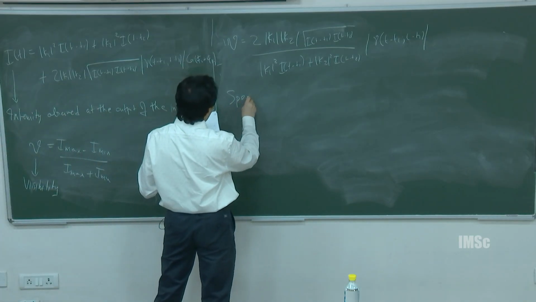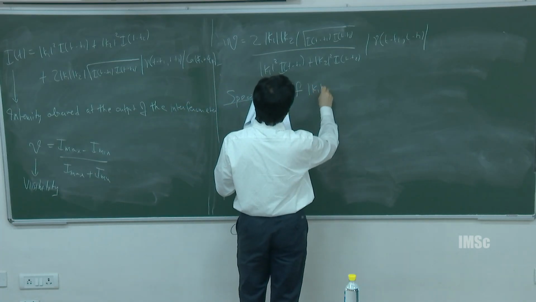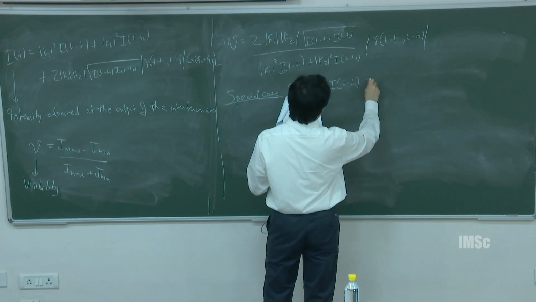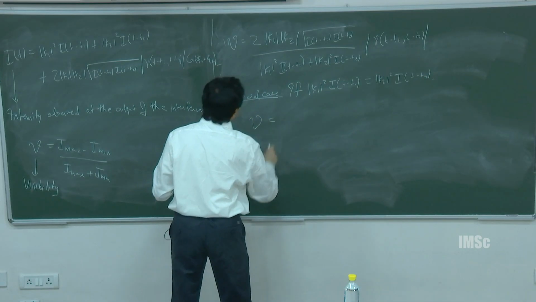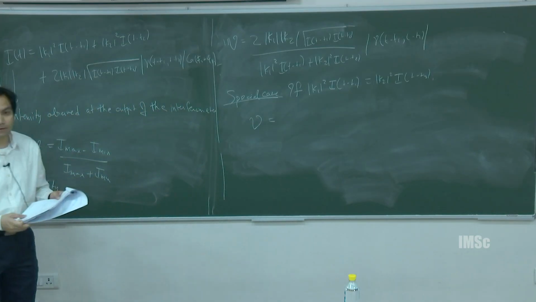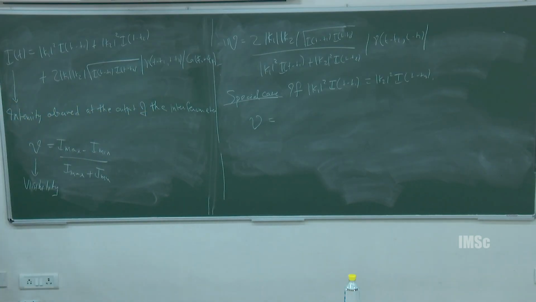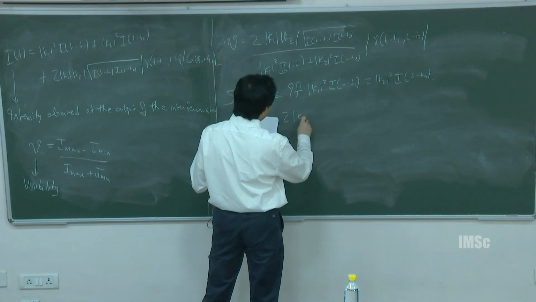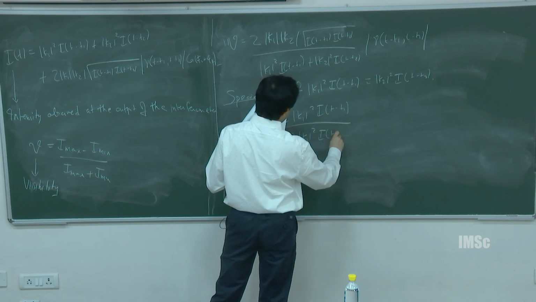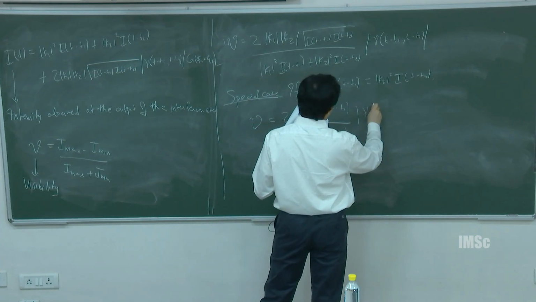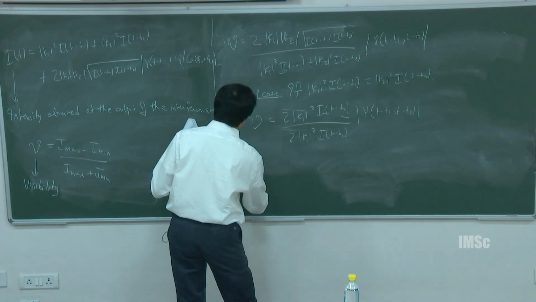Now let us consider a special case. Basically, if the intensities in both arms of the interferometer are equal, and all these factors, the so-called loss factors, mod k1 square and mod k2 square, are equal, in that case your visibility is